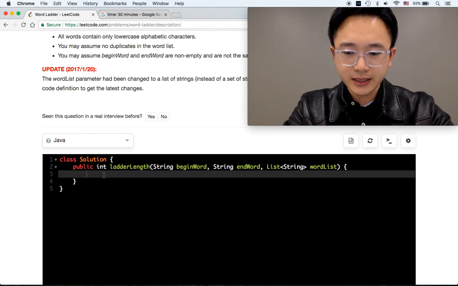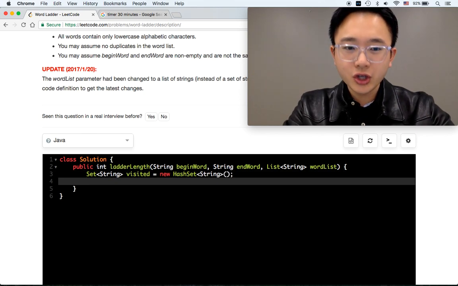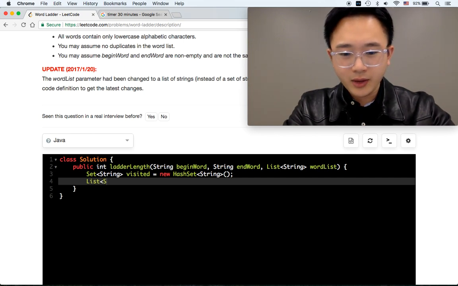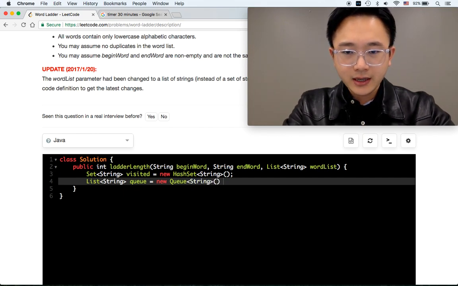We need a visited set, so we're gonna have string, and we're gonna have visited, and we have new HashSet, and we have string. Now we also need a queue, which is going to be linked list. Well, actually it's a list, and we have string, and call it queue, new queue, because we are using the list interface. All right, so